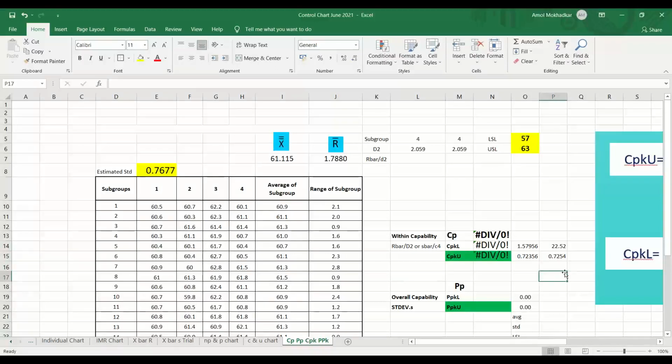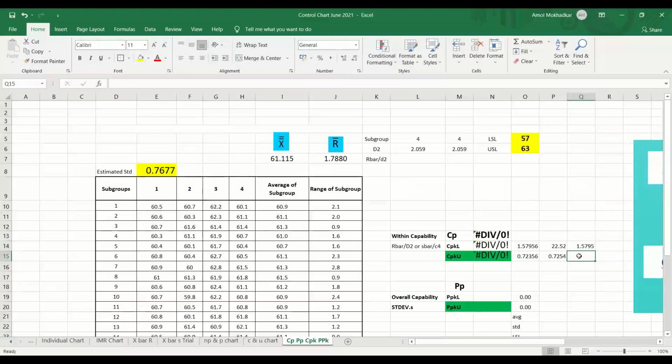Okay, sir, I will check it. CPKL is 1.5795. CPK or PPK? CPKL, how much? 1.5795.